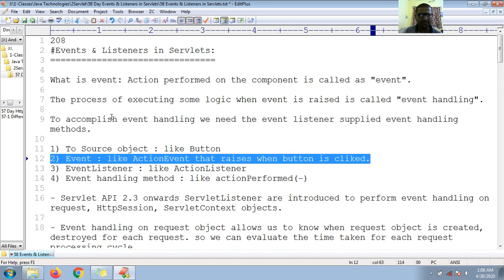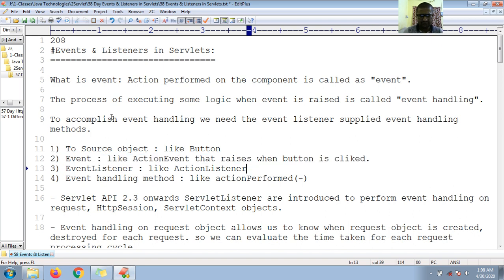Then we need a listener. As I said, listeners are interfaces. So an event listener, like ActionListener, then an event handling method, like actionPerformed.